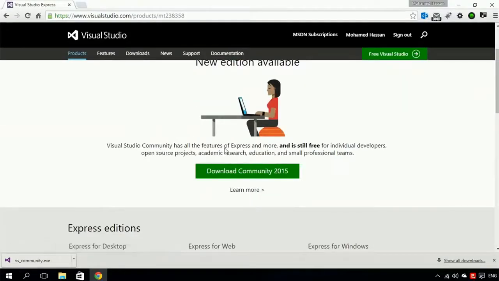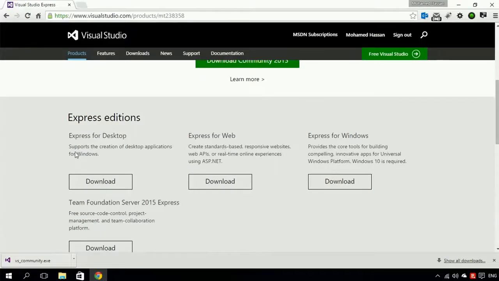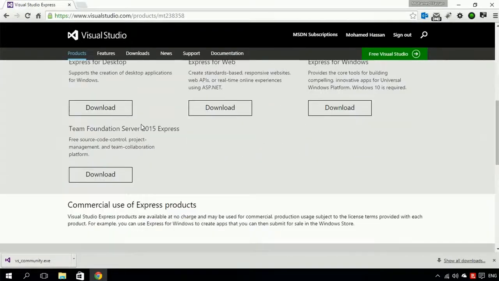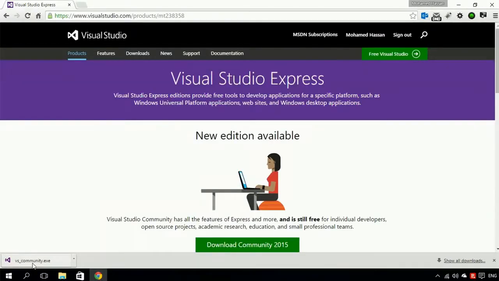So the community has all the features of Express, but Express only, like let's say Express for desktop, supports creation of desktop applications for Windows only. You can't create web applications with that. Express for web, you can create web applications using ASP.NET, but you can't create desktop applications. Express for Windows creates the universal Windows platform apps, and there is the Team Foundation Server, which is source code control. So we can click on the installer,